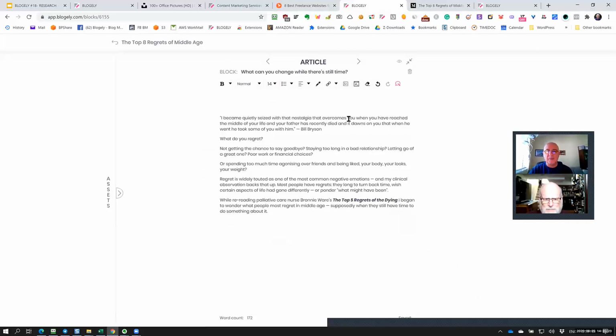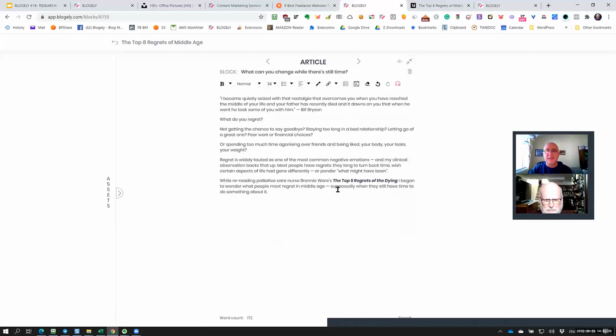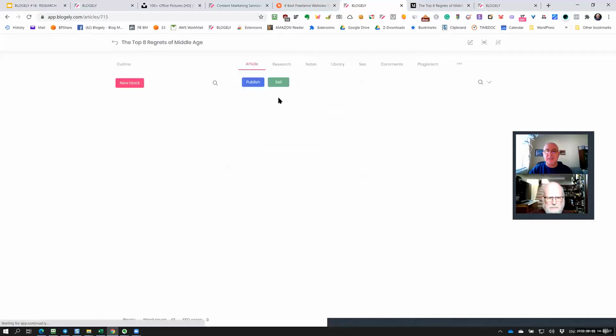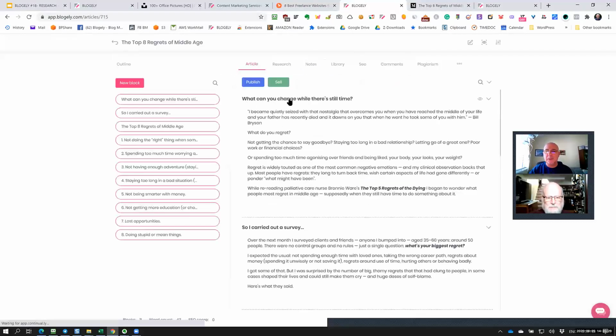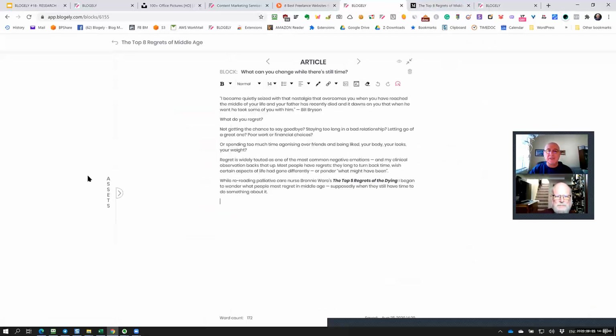Let me just remove it so I make it clean. So here's the first block of the article. What you can change while it's still time there, and we're going to display how we can use the assets to